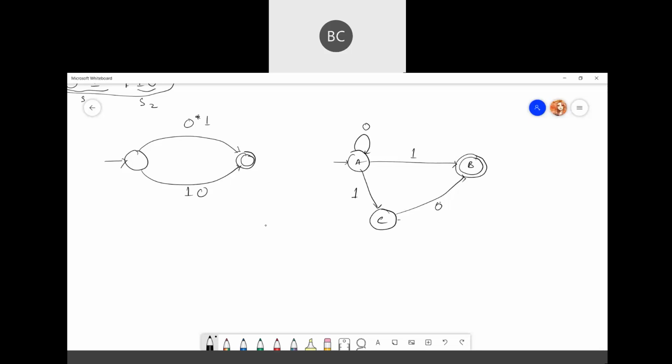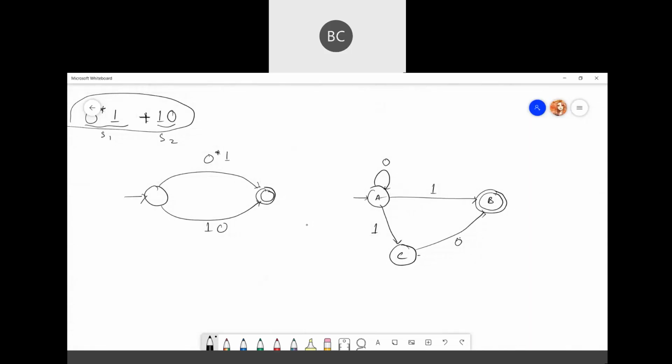Okay. So both are satisfying. Your regular expression contains the string 0 star and 1 going to the final state, or it is reading 1 and 0 and reaching the final state.